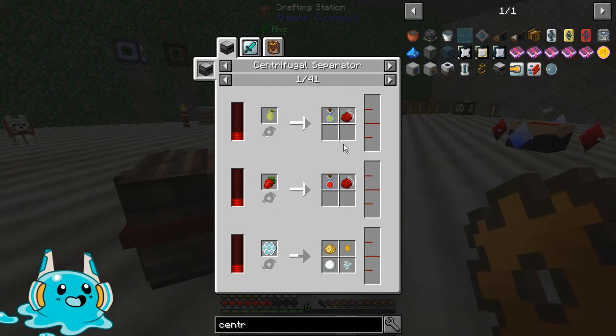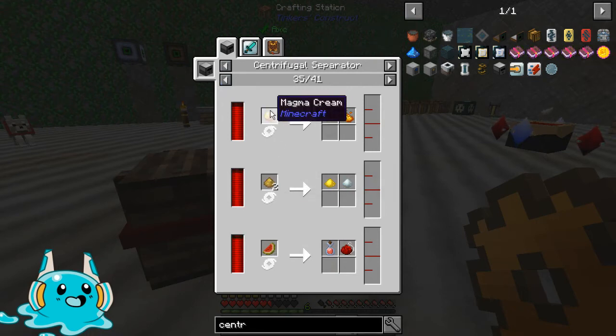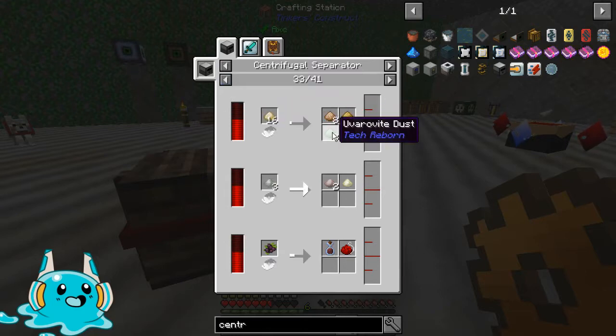This thing is kind of, well, there you can see it straight away, it's a juicer. It also allows you to separate concrete dust into its component elements, and allows you to separate ore dust into their component elements. But for the main part, this looks like it would be really good for Pam's HarvestCraft. It allows you to separate magma creams into their components. So it allows you to undo mixing of things like grits. It also allows you to process the BeeCraft honeycombs. But for the most part, it looks like the main job I would probably give it, yellow garnet dust into...